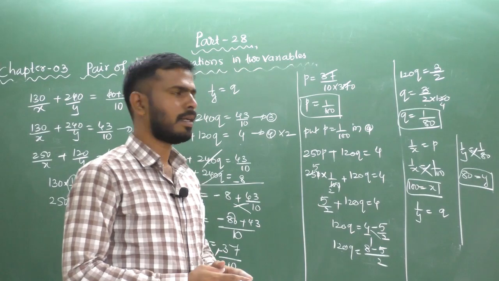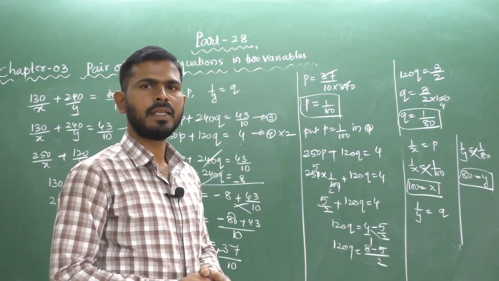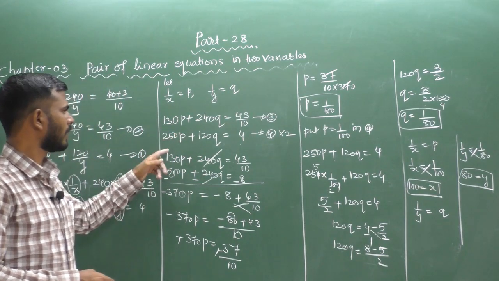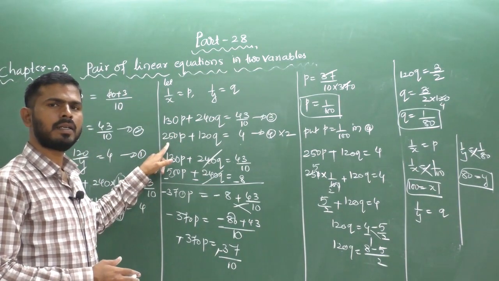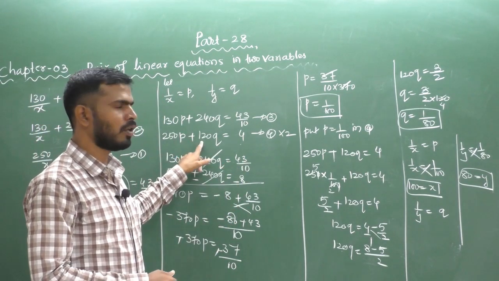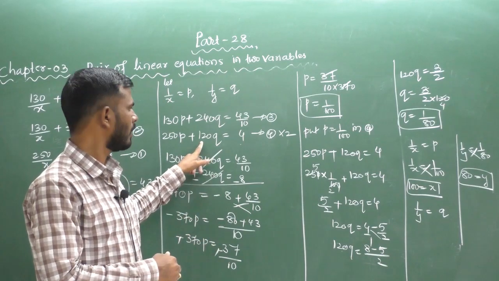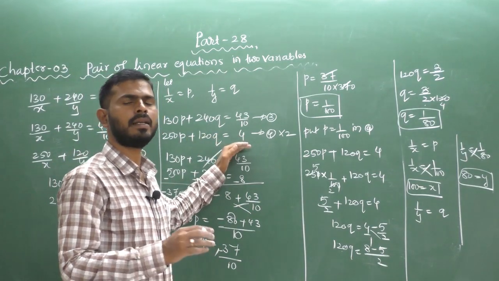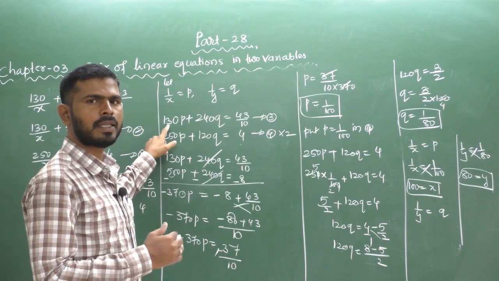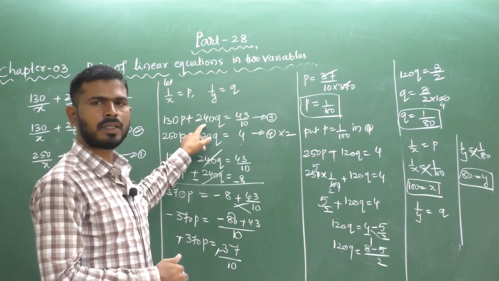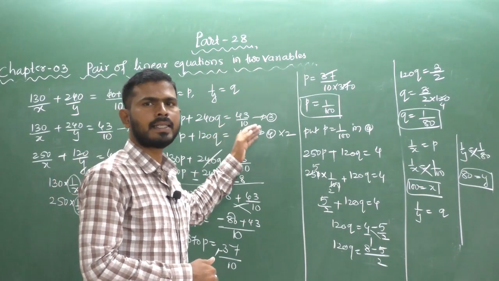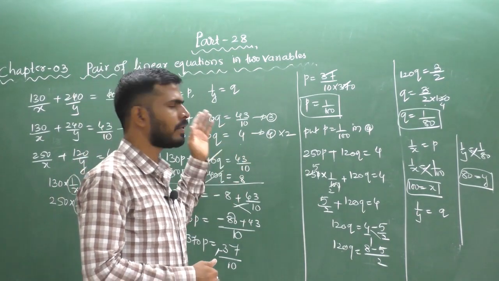Suppose the train speed is 100 and the car speed is 80. In the first given equation, that is 250 km by train at a speed of 100 and 120 km by car at a speed of 80, he will reach his home, or it will take, 4 hours. For the next condition, 130 km by train at a speed of 100 and 240 km by car at a speed of 80, it will take 18 minutes longer than the first condition.